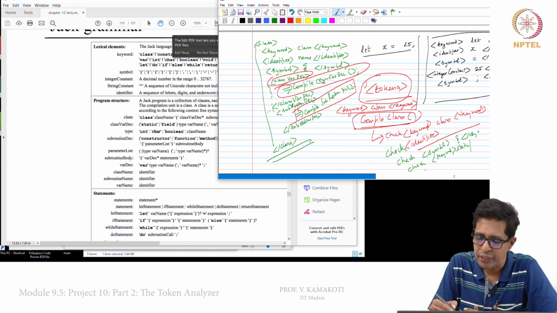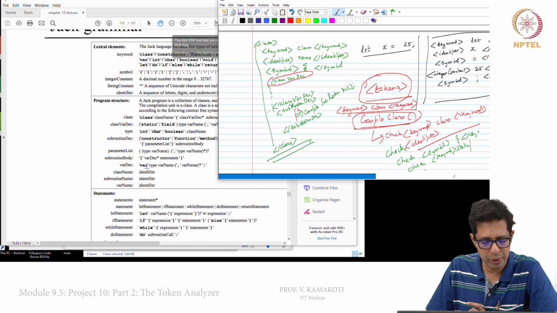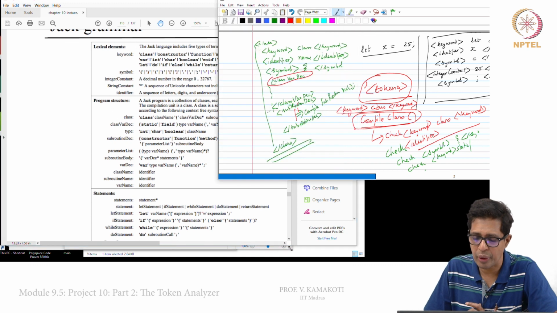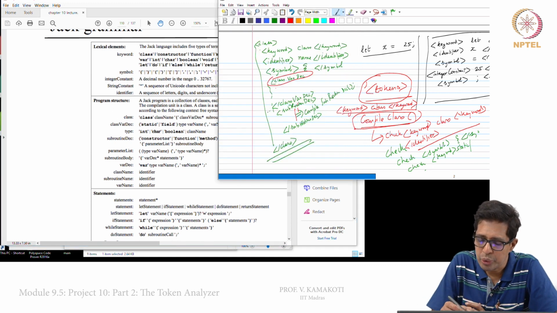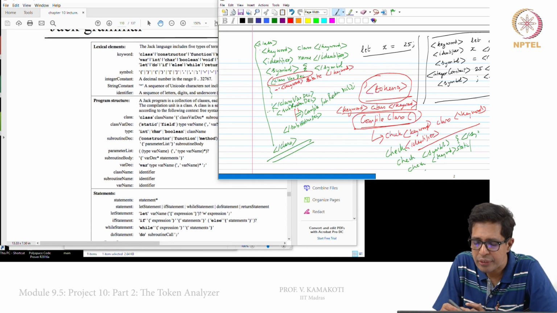I am just erasing this to show what it is going to do. For compile class var dec, you go to the rule here. It will check whether it is static or field. Yes, it will be there because you have already checked. You now put here keyword, let us say without loss of generality it is static, slash keyword, but again with 2 more spaces.